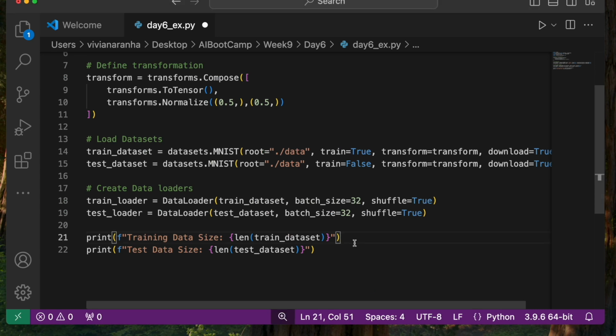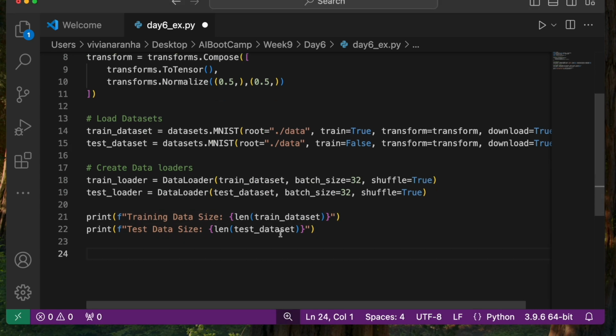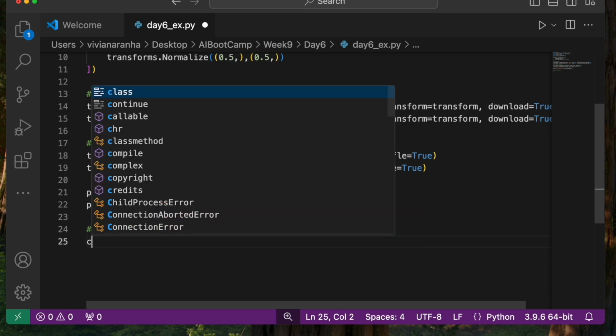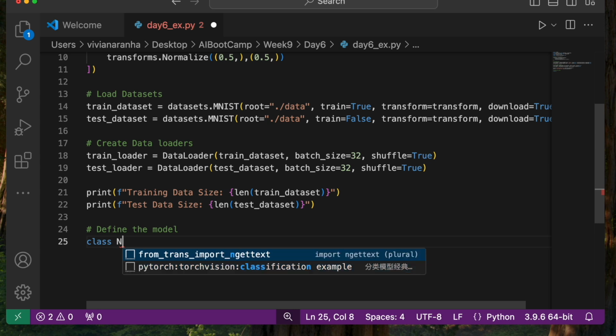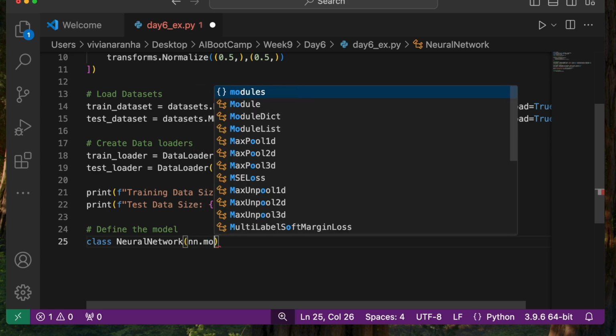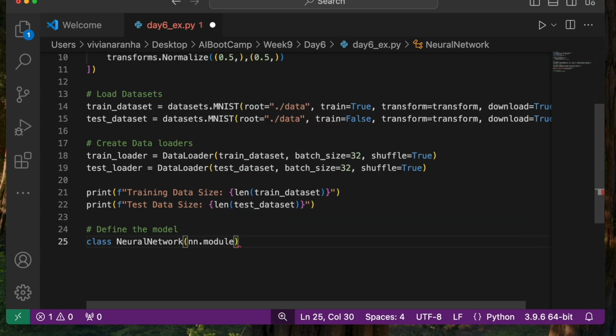So go ahead, and first, here I am going to define the model. For this I'm going to create a class called NeuralNetwork, and I'll pass nn.Module to it. nn.Module is the base class for all PyTorch models, and that's what I'm doing here.